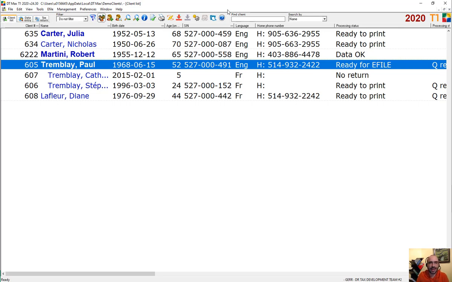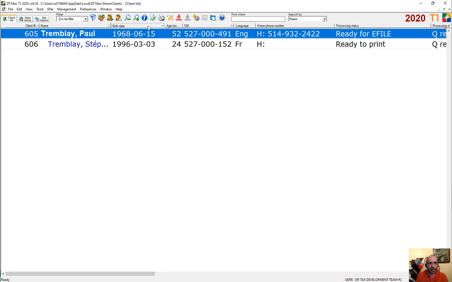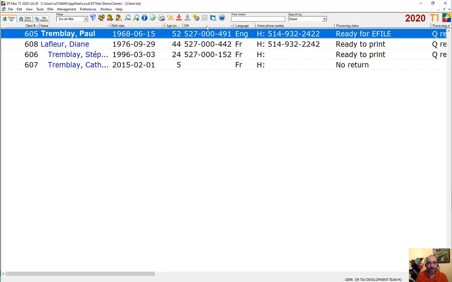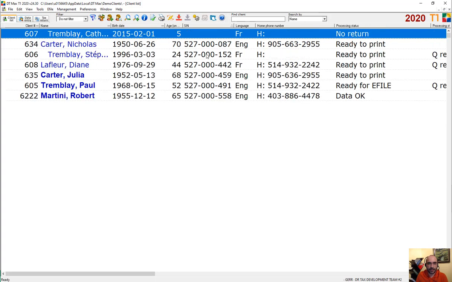Now, by default, the program allows you to sort certain columns within the client list. So for example, I can sort by name, I can sort by birth date, or I can sort by SIN, or SIN number in this case. Now, the program shows you which columns you can sort by default by a little line at the edge of each one of these columns. Now, a few years ago, we actually added a feature where you can sort any single column that's within your client list. In order to activate that feature, simply go to the Preferences menu,